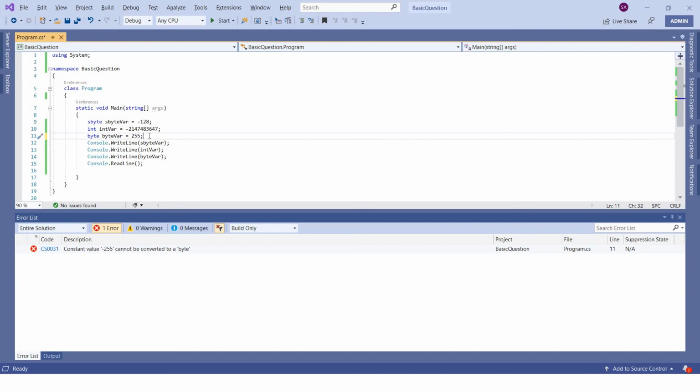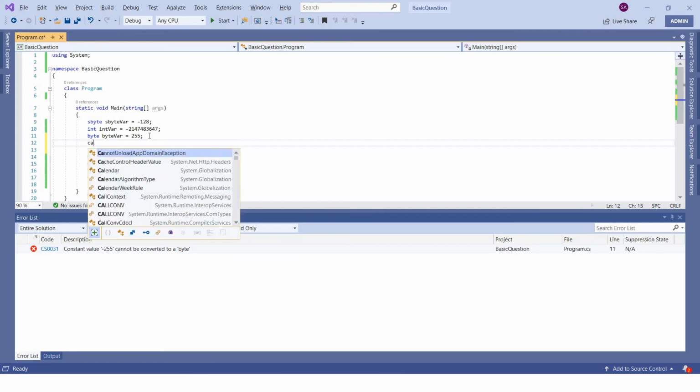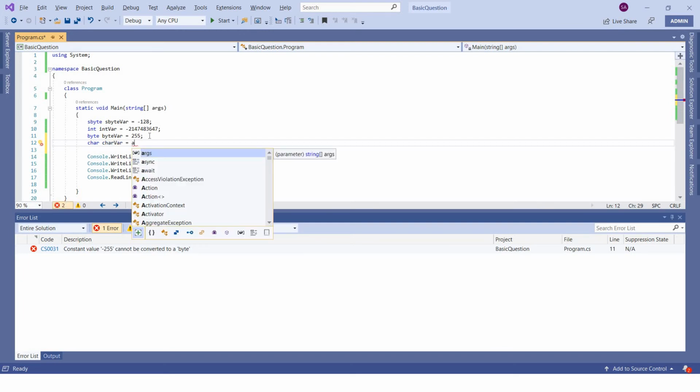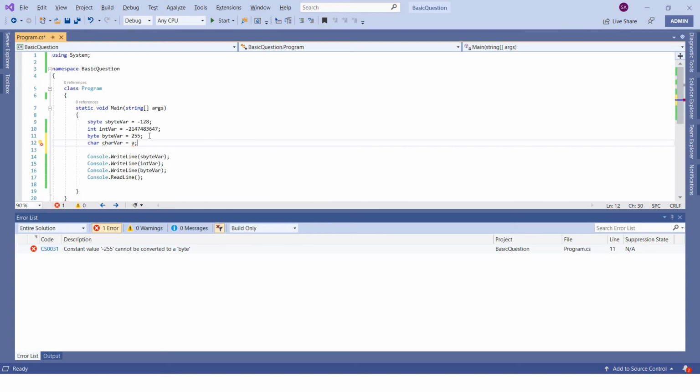So let's see how to store a character. If you want to store a character like A, B, C, whatever printable character or any character that you are seeing on the keyboard, into a particular variable, what you have to do is simply type char. So char is your type, and the variable name I am giving, let's say charvar, character variable, right? Now how will we store a particular character? You want to store A, simply type A. Will it work? No, it will not work.